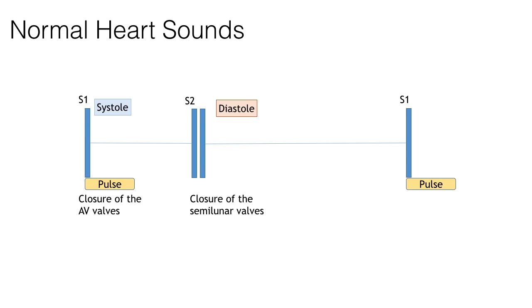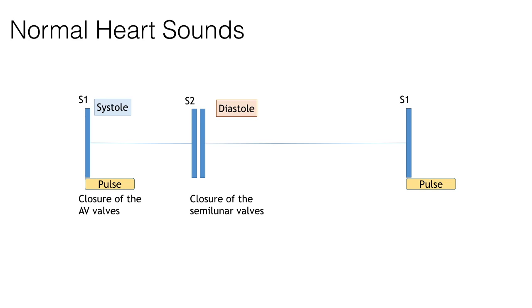Starting with normal heart sounds. Now, this is composed of 2 sounds. First of all, you have S1, and that is the lub, and this is the sound of the closure of the AV valves, so your aortic and your pulmonary valve. Then you have S2, which is the dub, and this is the closure of the semilunar valves, the mitral and the tricuspid valve. The phase of cardiac cycle that appears between S1 and S2 is systole, and then between S2